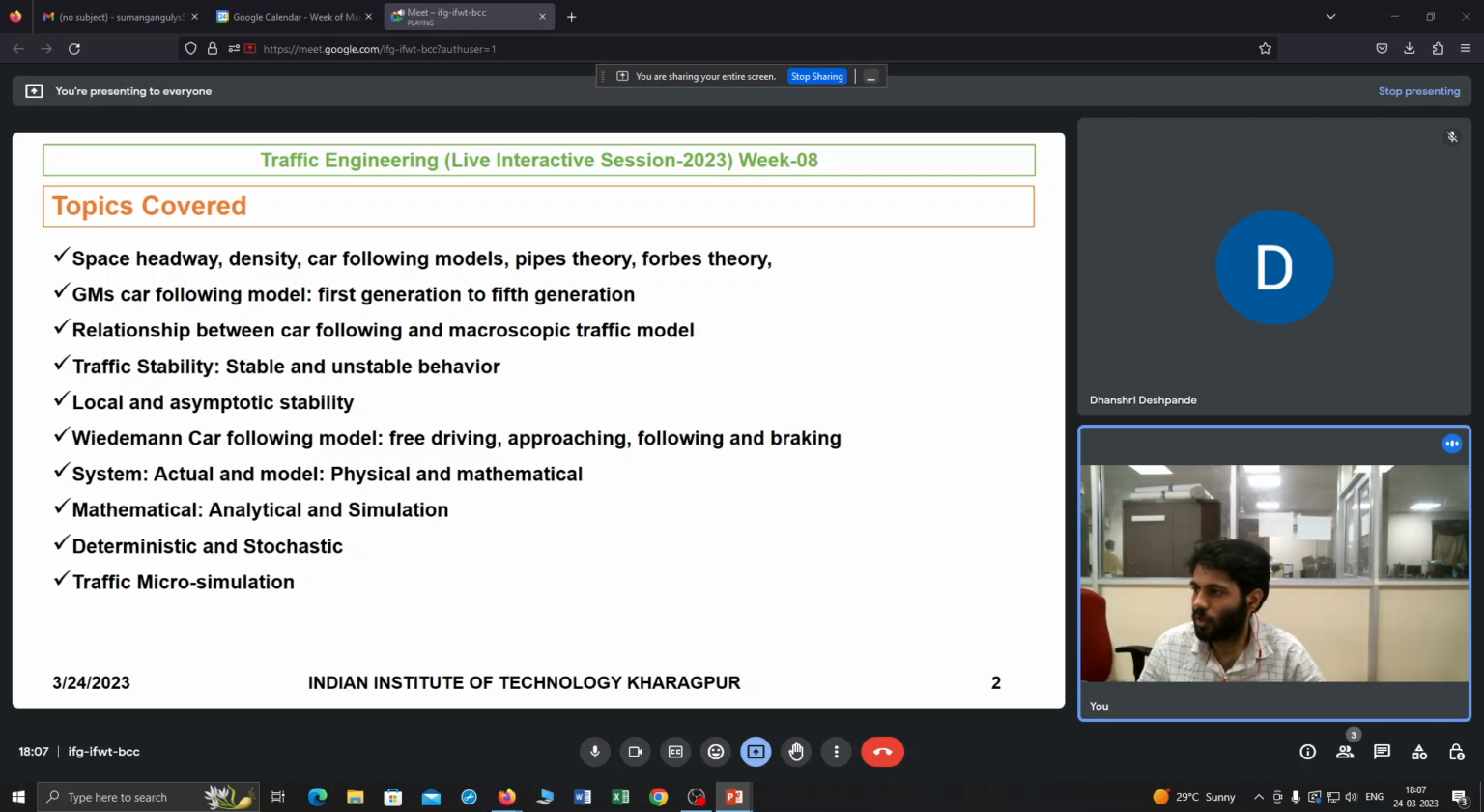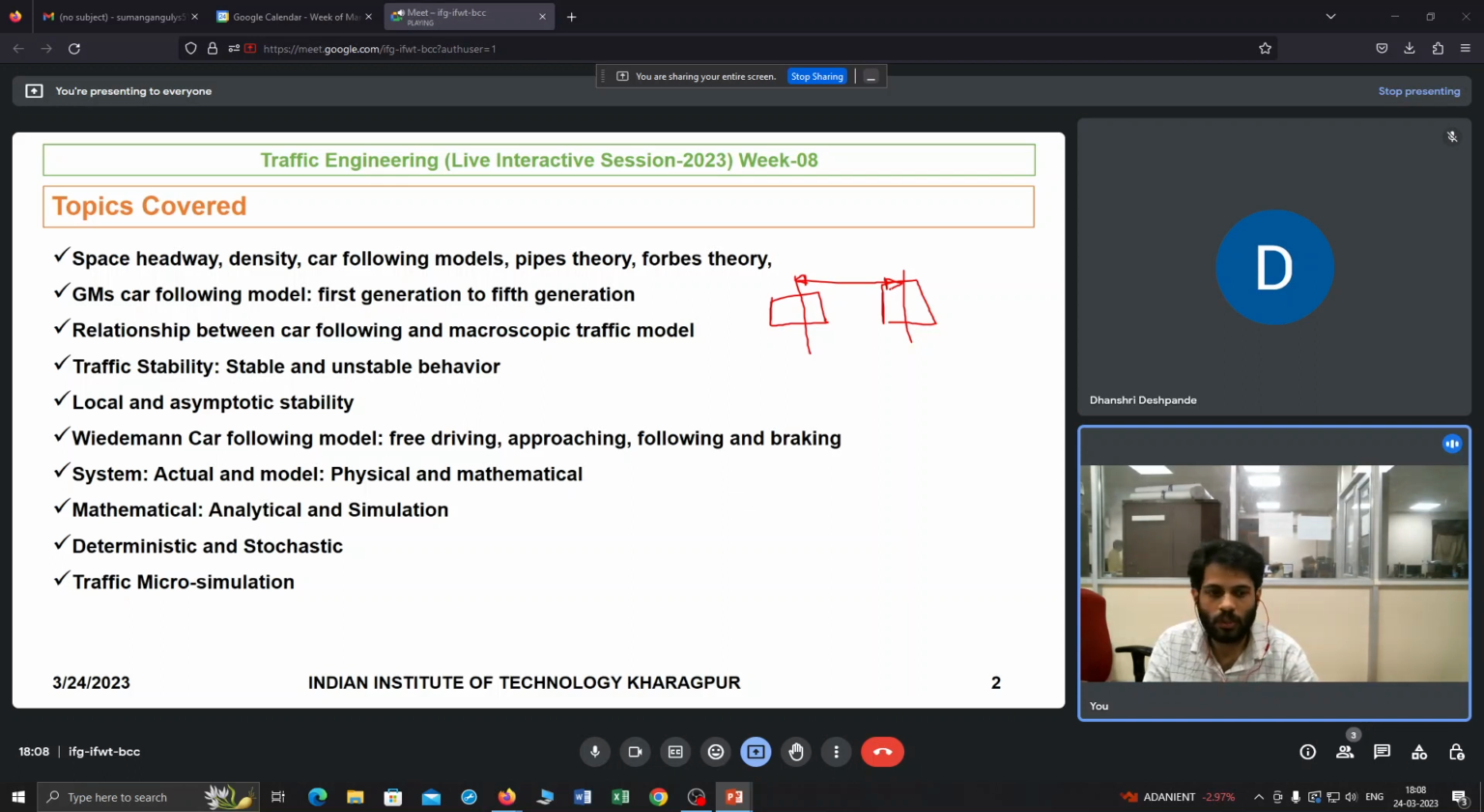The car following model starts with the concept of space headway and time headway, which we already talked about in week 2. Space headway means, if you consider two vehicles, the center to center gap between them in terms of distance at any instance. So space headway is